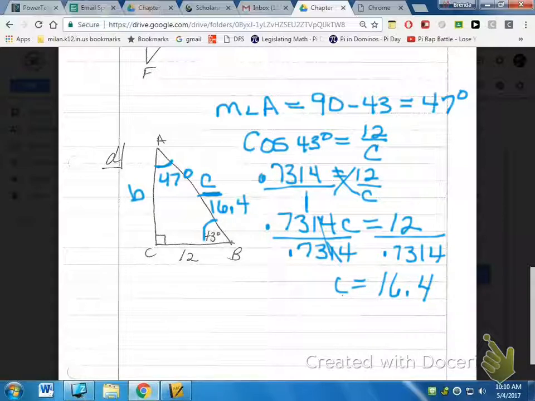So tangent of 43 degrees is opposite B over 12 adjacent. All right, and I'm going to do tangent of 43 degrees, .9325